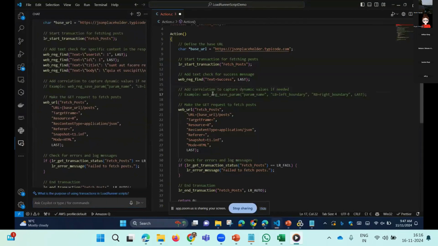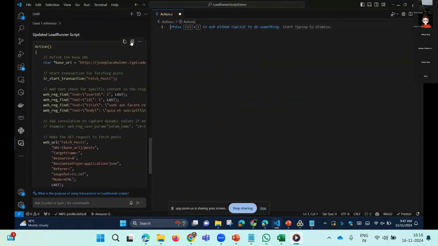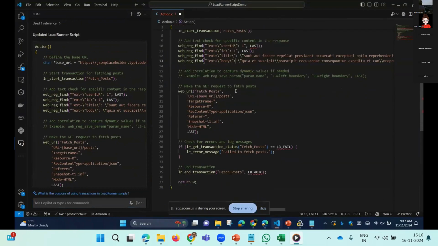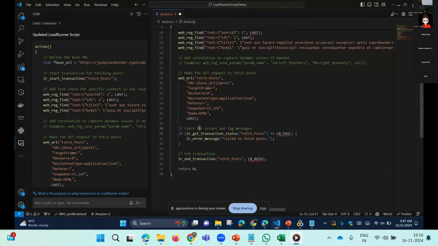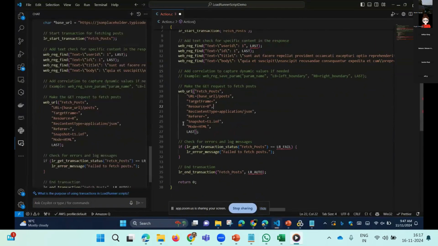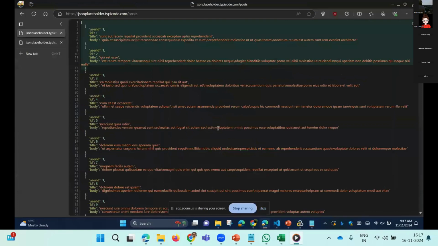So now you can see it has given 4 text checks based on the sample response which we gave, and also it has created an if else logic to check whether the transaction is getting passed as per that response. Okay. Now, if I want to have a correlation, for example, if I want to write the response to a notepad file,